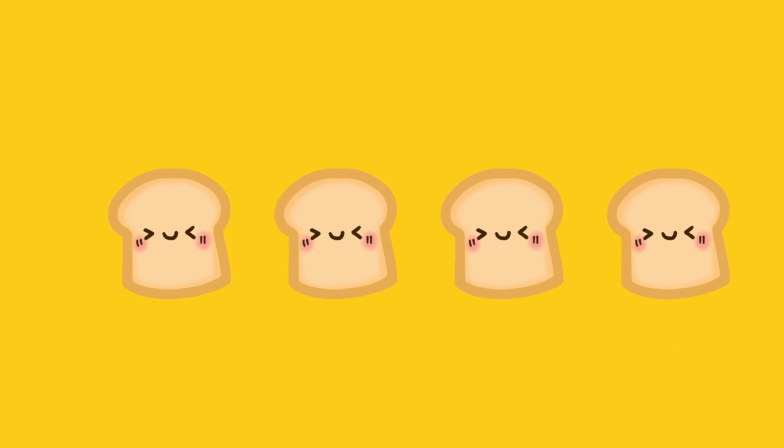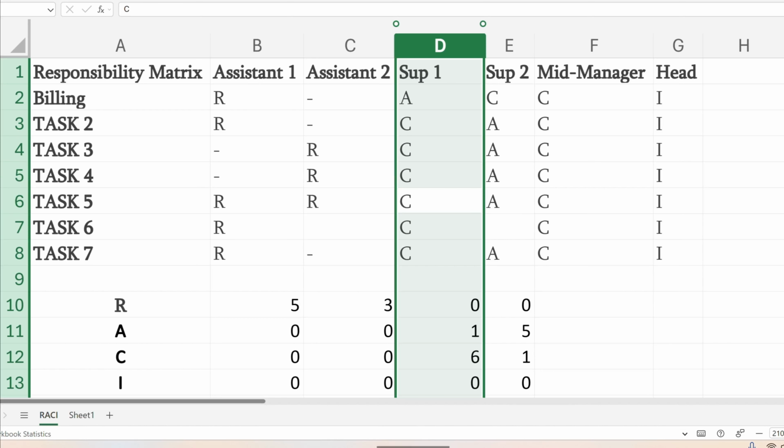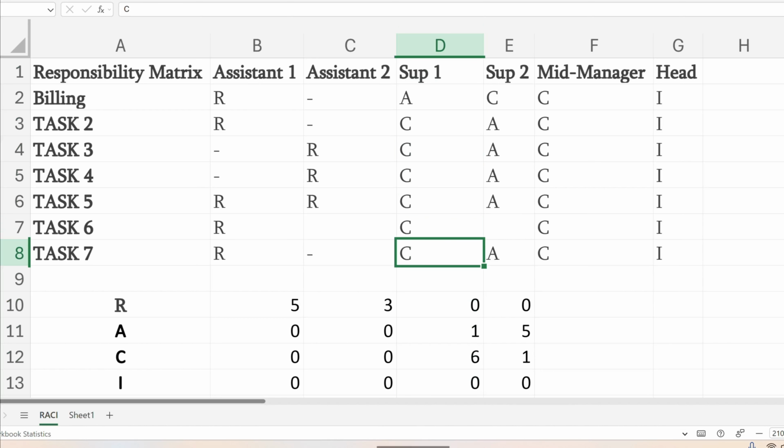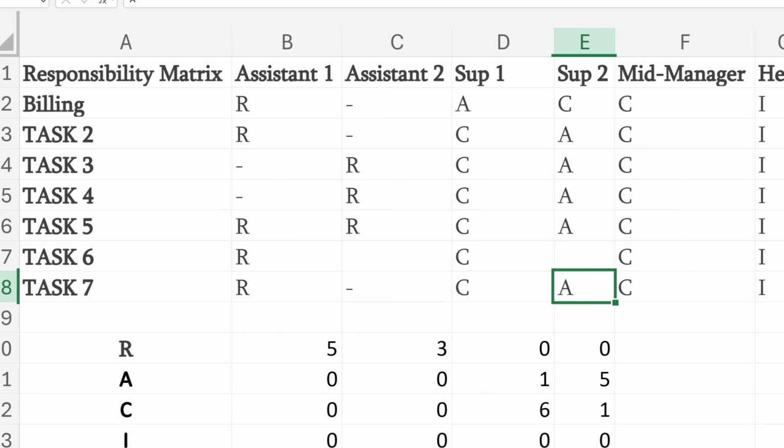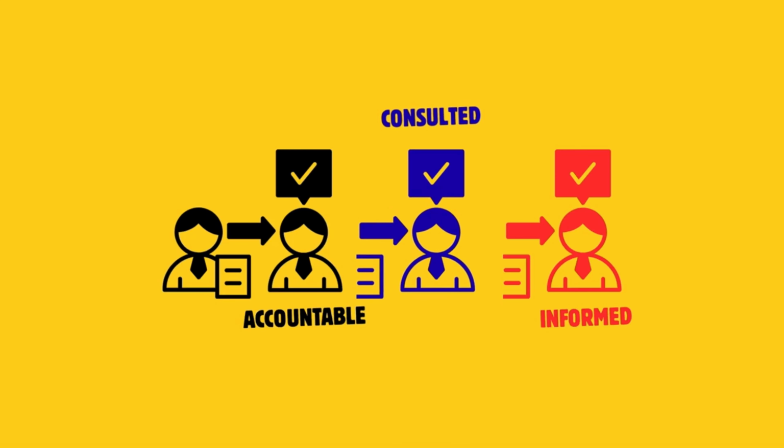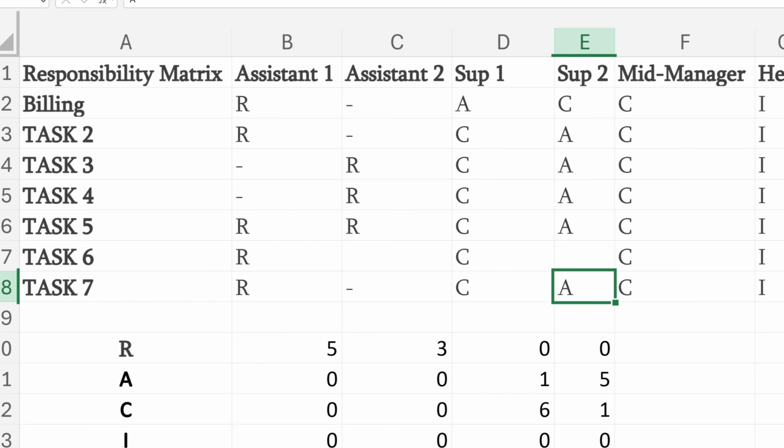You can also review the consulted roles. C. If a key team member appears too frequently and they're consulted, ask whether they truly need to be consulted for every task. Talaga nga ba? In some cases, it may be more efficient to move them to informed instead. This allows them to stay updated without slowing down the workflow.